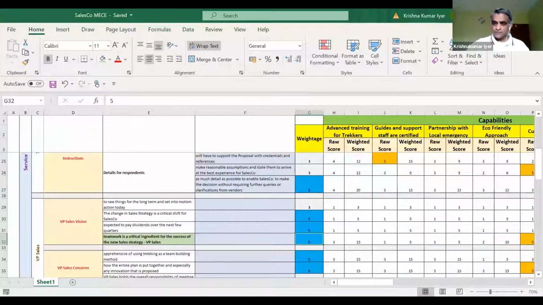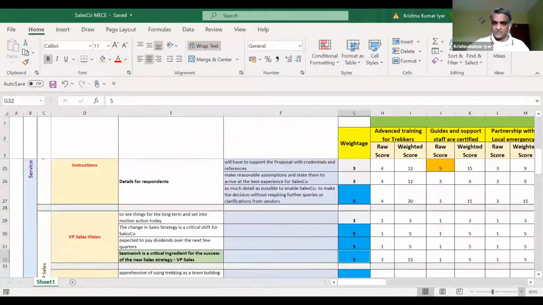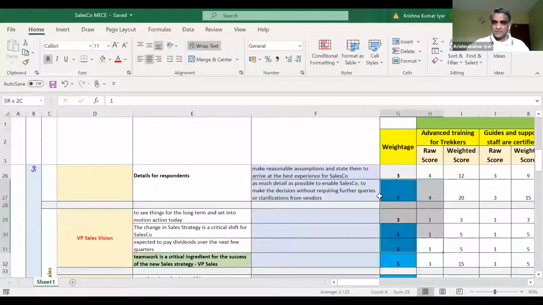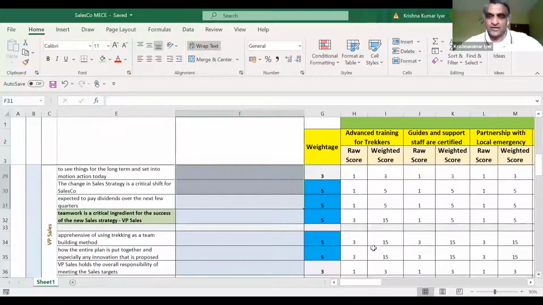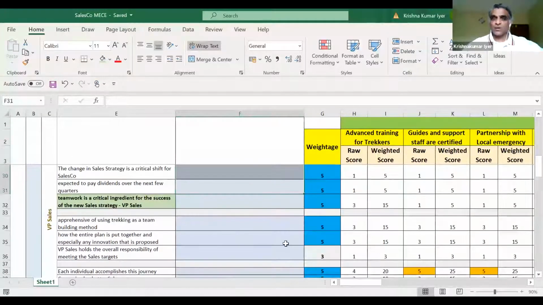Hopefully, you can see. I'll just increase the zoom a little bit. Just 1 second, I'll just scroll this a bit. Sorry, there are multiple small screens going around. Yeah, hopefully that should get you to see the screen very well.